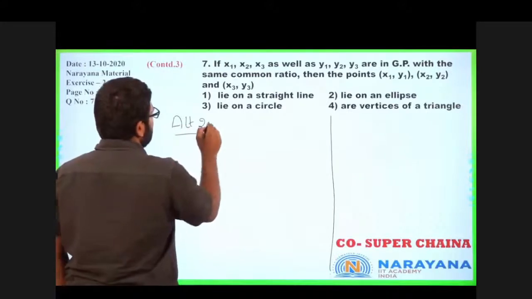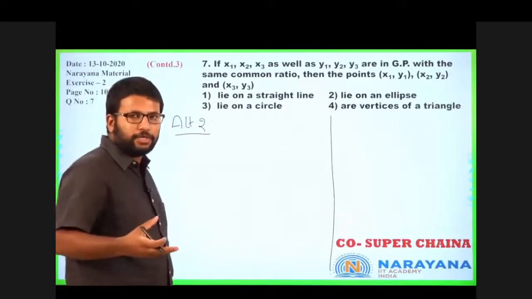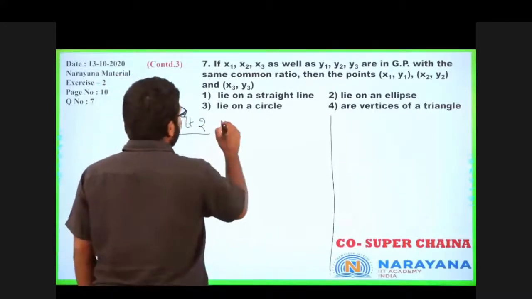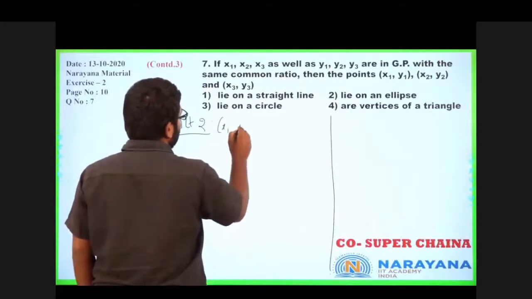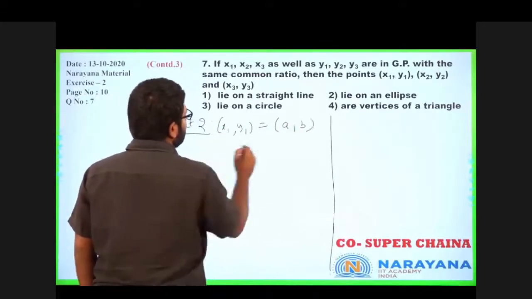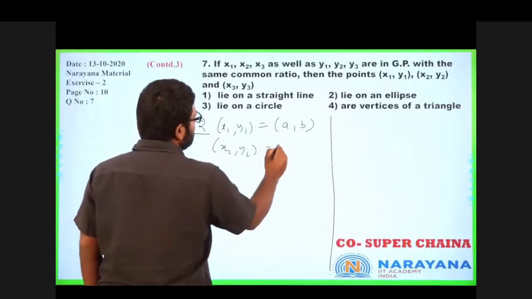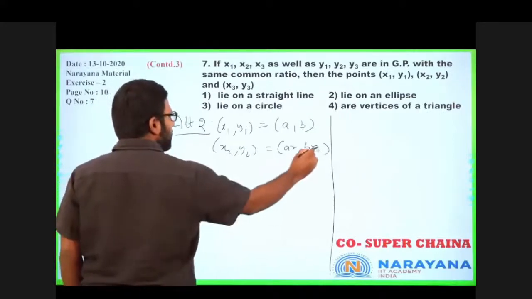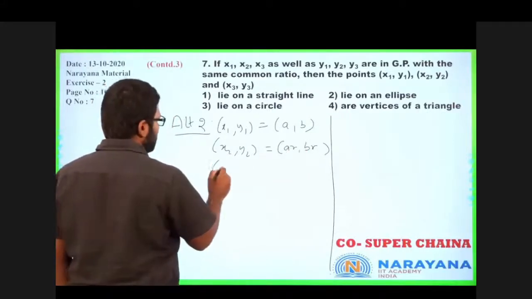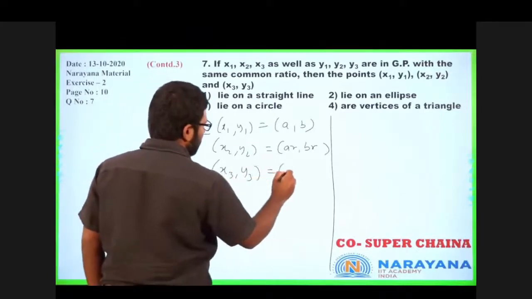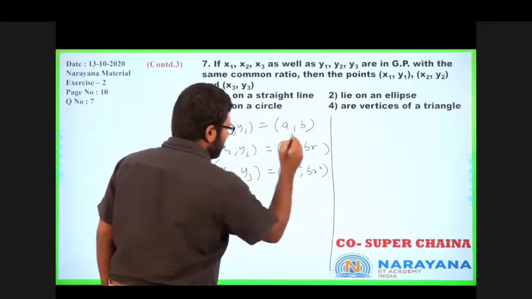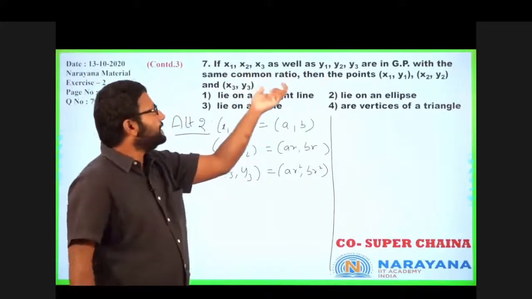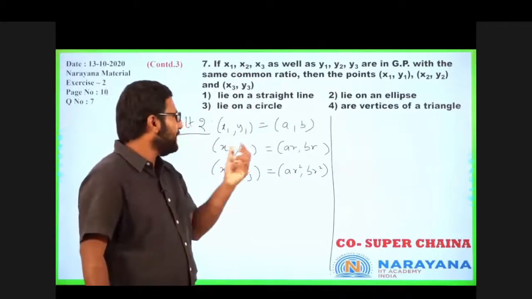Now this other way doesn't occur to the students a lot, but if it does, it is the fastest way. Let x1, y1 be a comma b, x2, y2 be ar comma br, and x3, y3 be ar square comma br square. So now it is already given to us that all these points have the same common ratio, which means